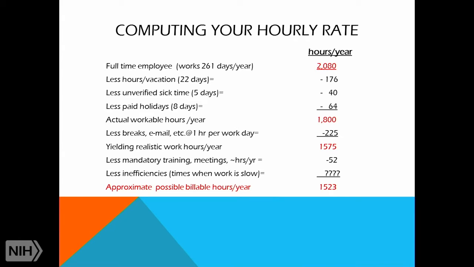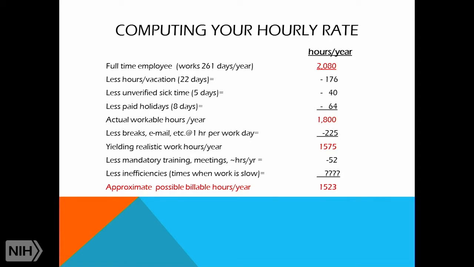Now, there are inefficiencies, and I call them that because I couldn't think of what else to call them. There are times when we're just not real busy. It's almost impossible to try to keep a coordinator, or anyone that you're paying 40 hours a week, busy for 40 hours a week. You almost have to either overbook them or underbook them. You just can't make it exactly perfect. Sometimes it does turn out to be perfect, but it's probably just error because it's really hard.